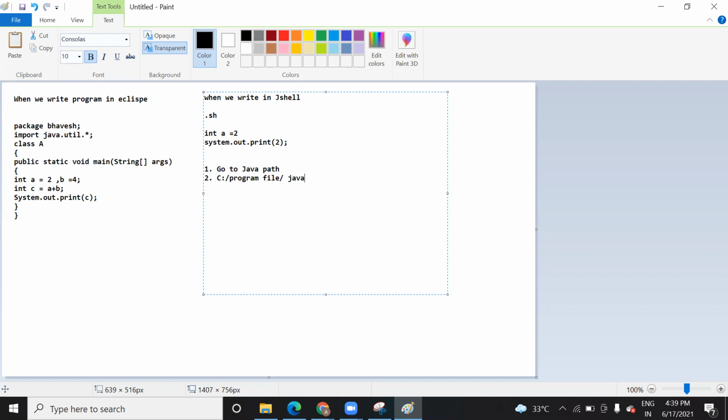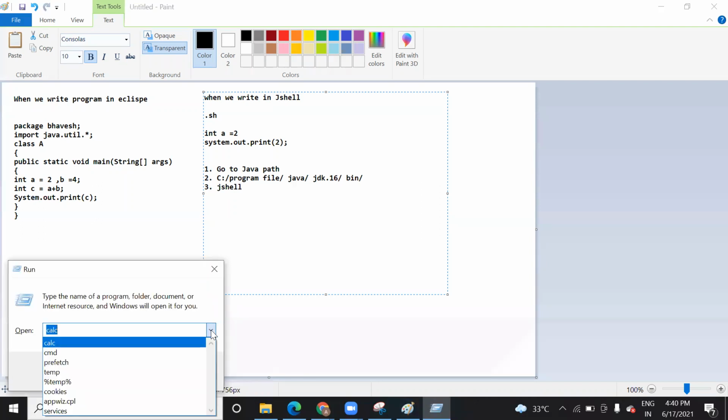Inside that you have a Java folder, then inside JDK, whatever the version, suppose 16, you need to go inside bin. Once you go to that bin, you just need to type jshell. If JShell is present there, it will start. Let me show you how to do it.